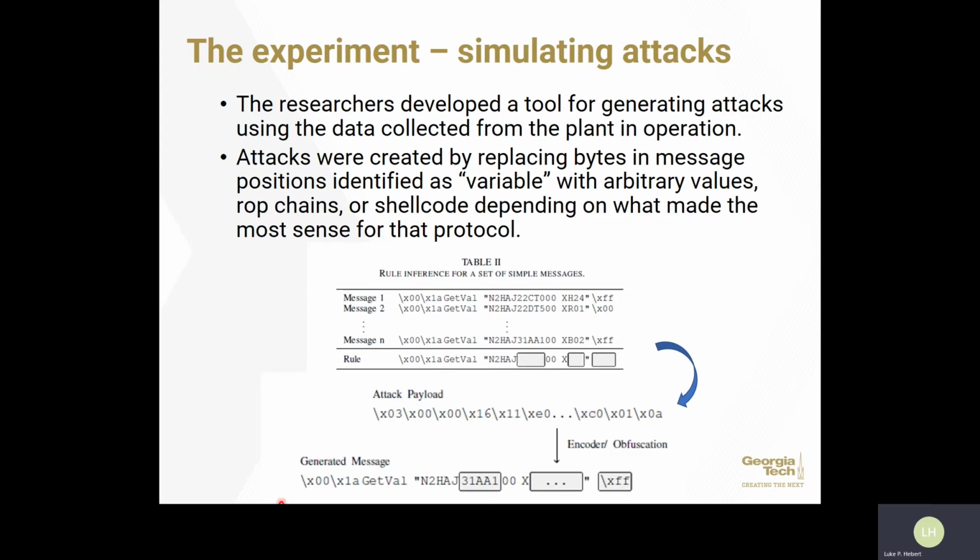Here's an example of an attack created from a rule that was shown in a previous slide that identifies the locations of variable data in a message. You'll remember this from a previous slide. We had constant data and then areas where data could vary within a message. So this is our rule, and we'll use that rule to substitute some malicious data into a spot that could have variable data. Notice too that even though this didn't have to be the same or legitimate data, for this attack they did keep a legitimate combination of other variable data the same, so as maybe to make it a little bit harder for ZOE to detect an anomaly.